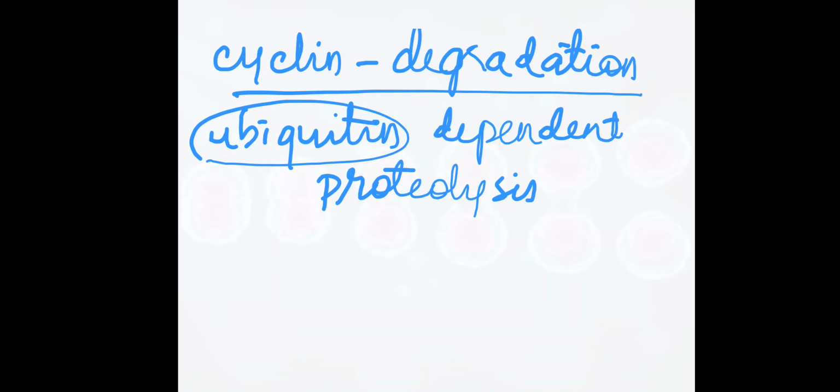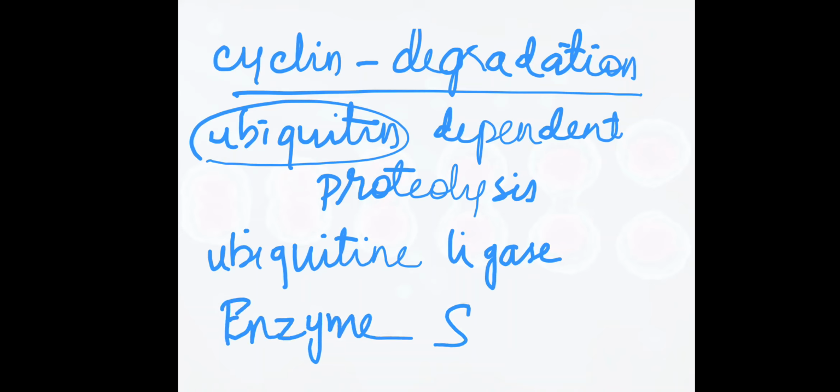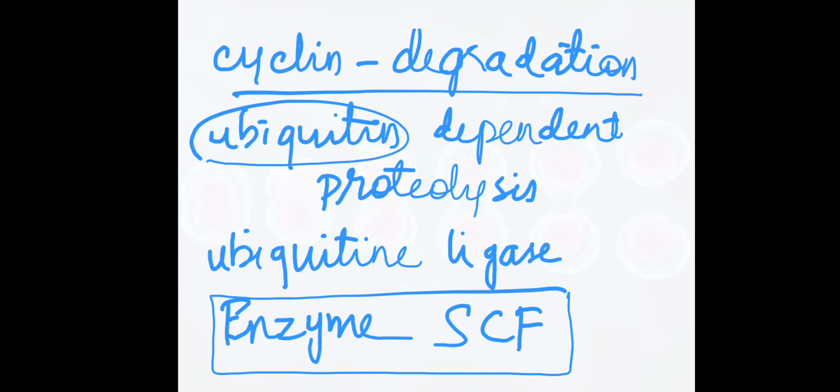That proteolysis of cyclin is catalyzed by the enzyme ubiquitin ligase, that is enzyme SCF. It is an E3 ubiquitin ligase,